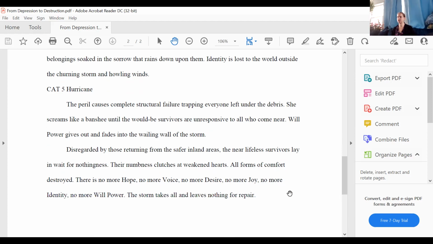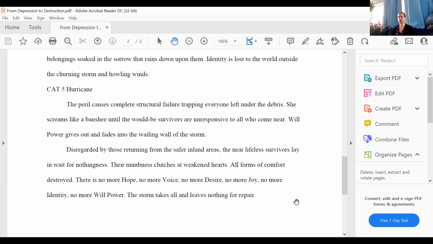Cat 5 hurricane. The peril causes complete structural failure, trapping everyone left under the debris. She screams like a banshee until the would-be survivors are unresponsive to all who come near. Willpower gives out and fades into the wailing wall of the storm.